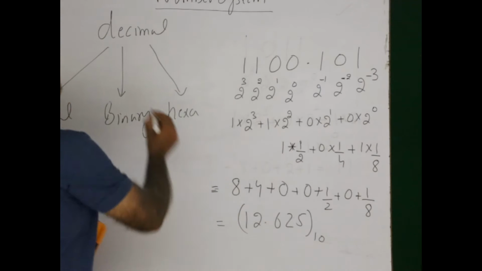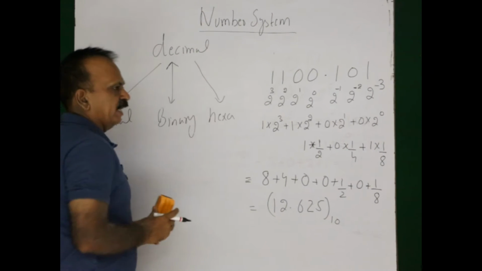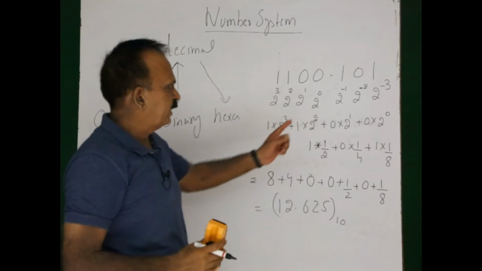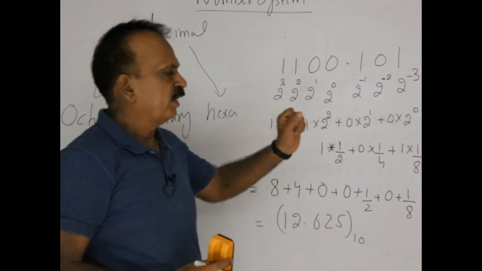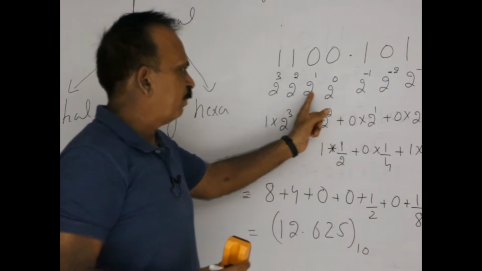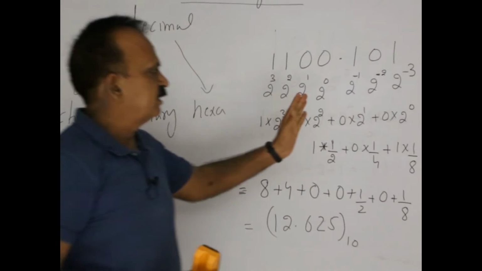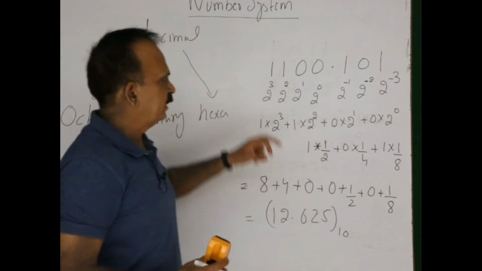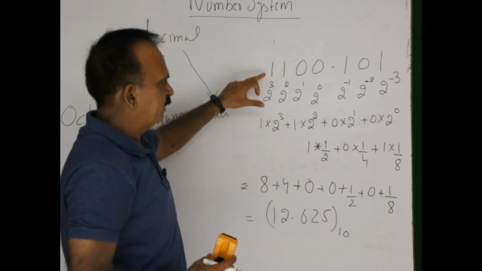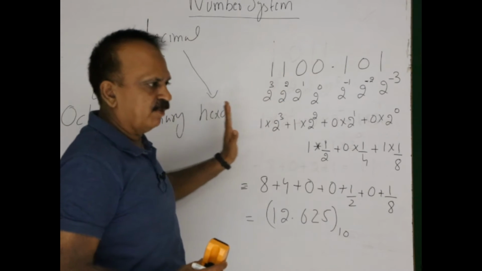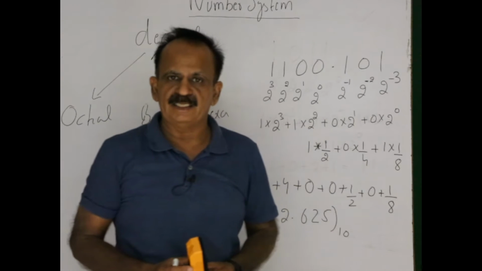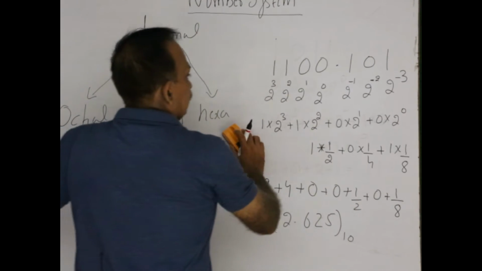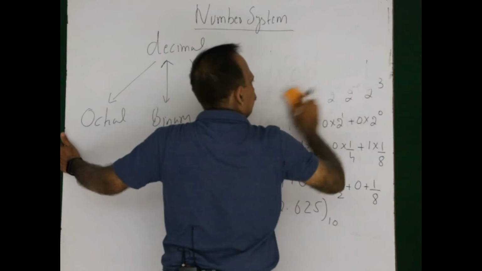So in this conversion from binary to decimal, I used the base of the binary number system, or radix, and that is 2. I gave the increasing powers of the base, and after the decimal point decreasing powers of this base, and then I multiplied the binary digit and this number, and the sum of all these gave the decimal equivalent of the given binary number. I use 2 because the base of the binary number system is 2.